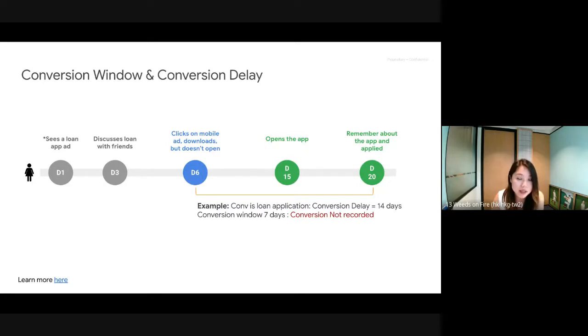So that's why our suggestion is that for more in-app engagements, it is better if you have a longer period, because after they open the app, you still have to wait a little while for them to do that action. So this is one of the examples to show how conversion delay in your user journey can affect how you set up conversion windows.